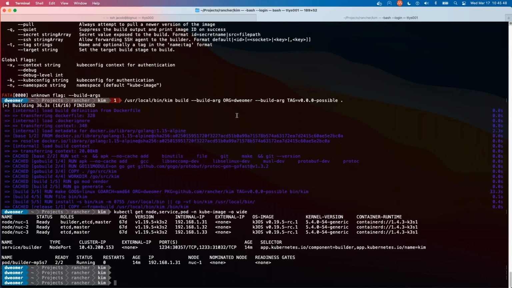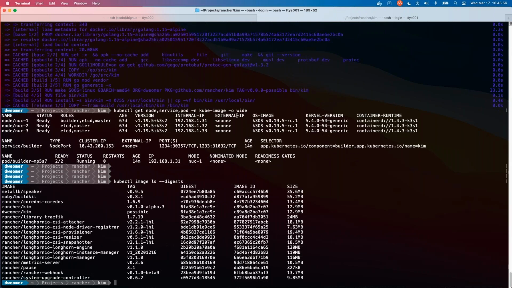Okay, so we did a basic build here. What did we do? We did a basic build, but we didn't save it, right? So if we do, right, we don't see anything new here. We've still got Rancher Kim. We've got our Dwemer Kim possible, but we don't have the v0.0 possible. But that's because that tag